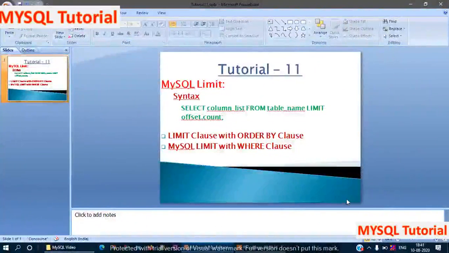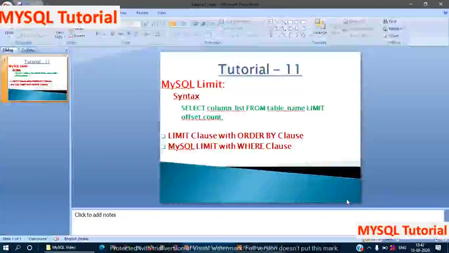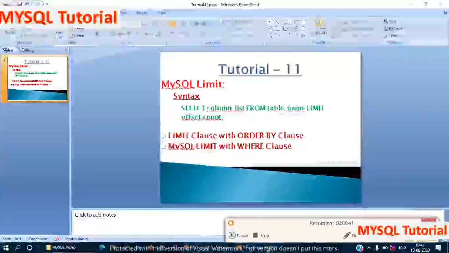It is essential in such a case when the table contains thousands of rows or you want to return only the recently inserted data. In other words, if you are not interested in getting all the rows returned from the query, use the MySQL limit clause with the select statement. It improves the performance of the query and even stops the system from crashing when the table contains a large amount of data.